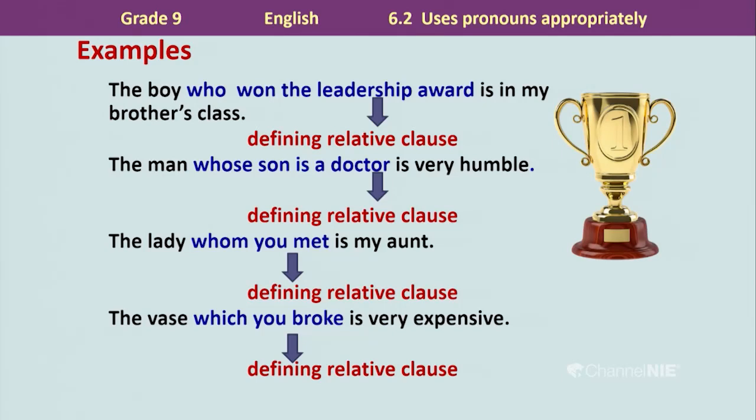The lady whom you met is my aunt. "Whom you met" is a defining relative clause. That's right. The vase which you broke is very expensive. "Which you broke" is the defining relative clause. If you do not define, we'll say the vase is very expensive. Now, which vase is expensive? We do not know. The listener is very confused, right? All right, children, then